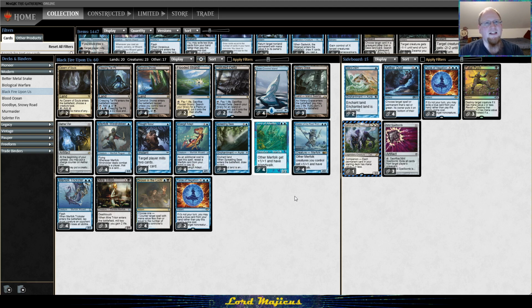Our losses were against Lantern, which there was no way any version of this deck was going to ever beat. And then we went 1-2 versus Shadow, right? So honestly, that's a pretty good league. We're close to a 4-1. We're one game off, so...